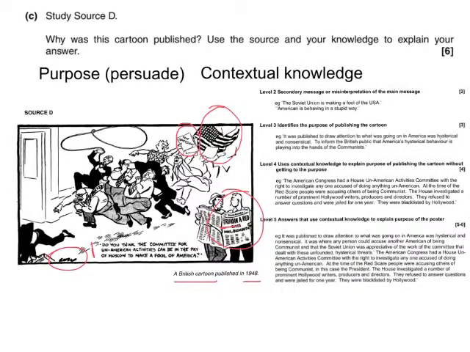Now you can actually see that in level 4, contextual knowledge is also drawn in, which gets you 4 marks, and that's without getting to the purpose. So actually the contextual knowledge is really vital here. But for those 5 or 6 marks, we need to link context to purpose. So it's got to be relevant. If we're wanting to show that they're hysterical and nonsensical, then our contextual knowledge should be about things that